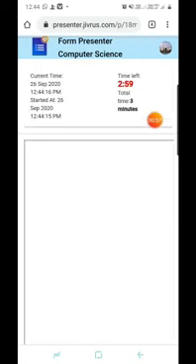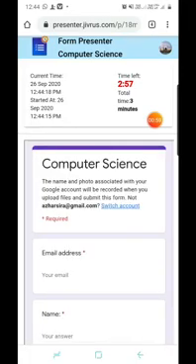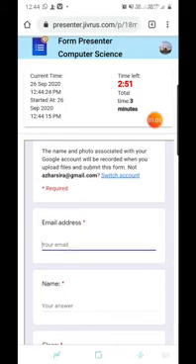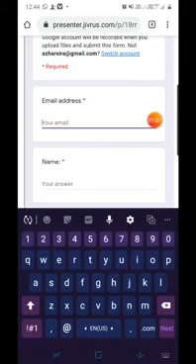See, after tapping the start button, a page will open like this. See here in red color, the time is decreasing. Within that time, we need to answer the paper here. Don't worry, based on your marks, sufficient time for your test will be given.